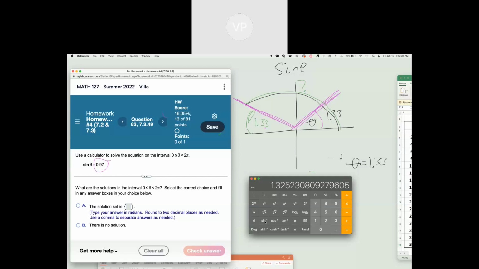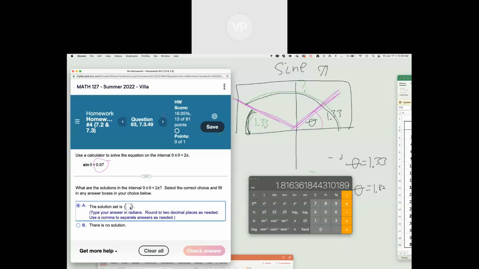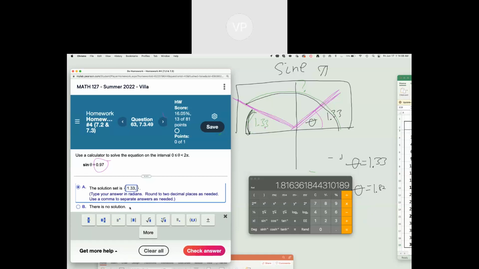Okay, but the problem is I want that amount. Well, it's not a problem because I know this whole thing is pi. What I'm going to do is take pi and subtract the 1.33, and that's going to give me my other part. So the way to do this in the calculator, put a minus right there, add pi to it, and voila, you're left with 1.82,